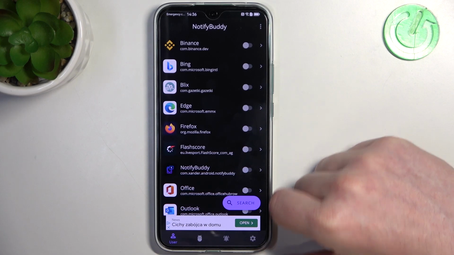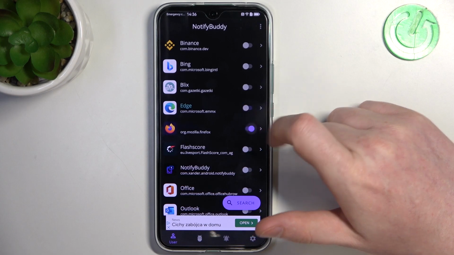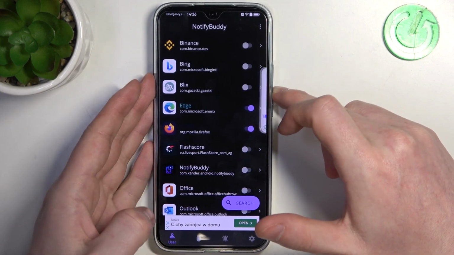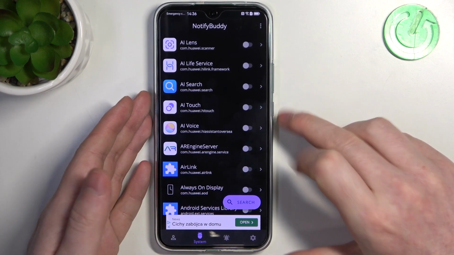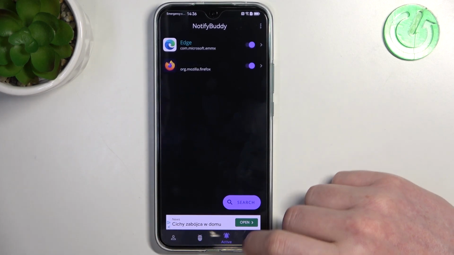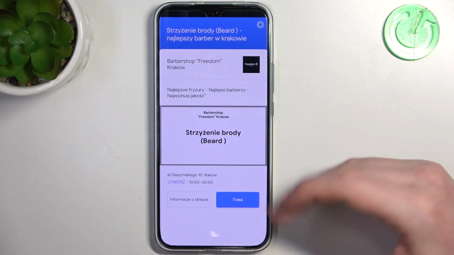There's 4 different tabs: user, system, active, and the settings. In user you can activate any apps and allow them for custom LED lamp notifications. In the system you can do the same thing but with all system bound apps. In active there's all apps that we've just activated, and when we go to our settings there might be ads,